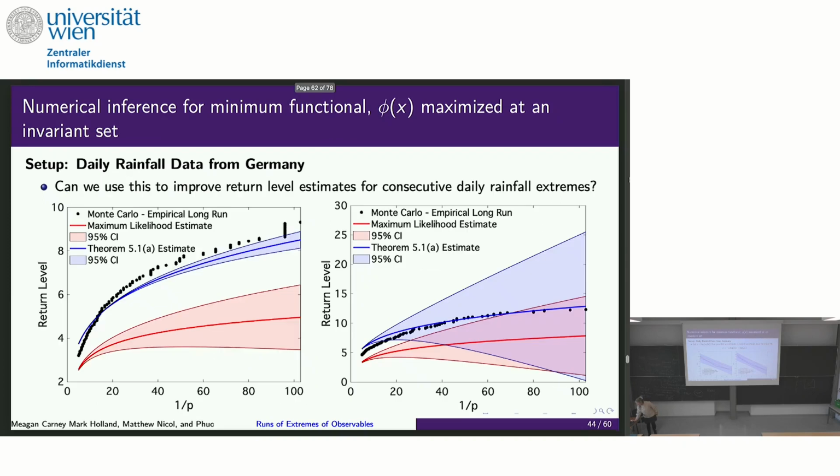But I think even more compelling is just the result that we get out comparing our estimates from our theorem to the maximum likelihood estimate of this distribution. So our estimate is in blue. It's not perfect, obviously, but the maximum likelihood estimate for the same size blocks are red. And really, this comes down to the max stability we get out for the shape. That's really the key there.